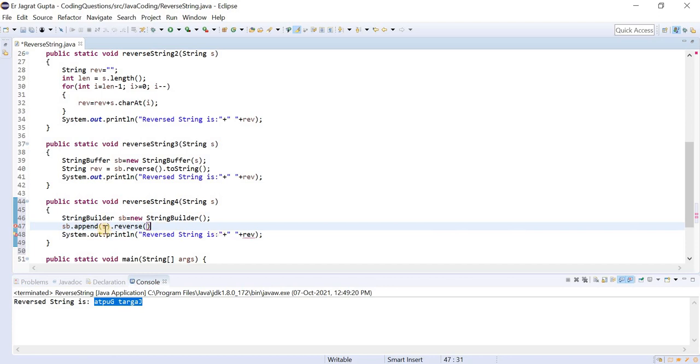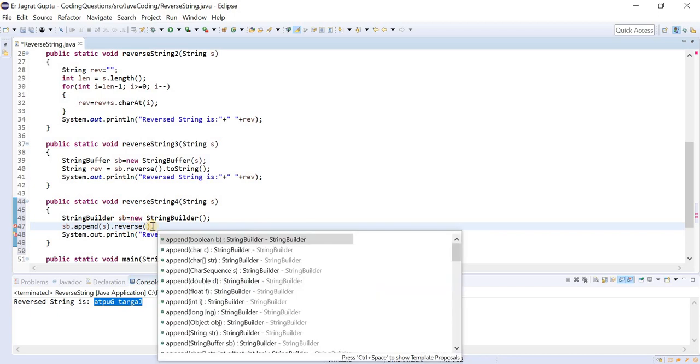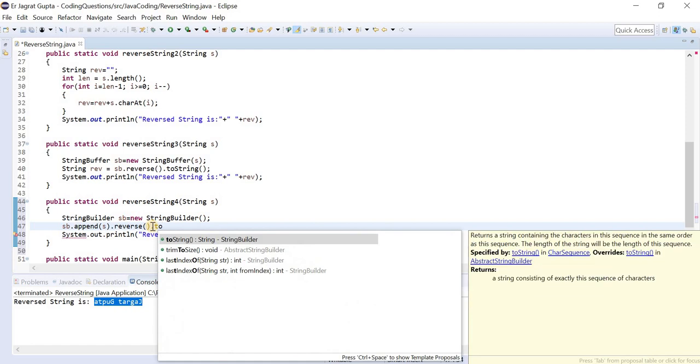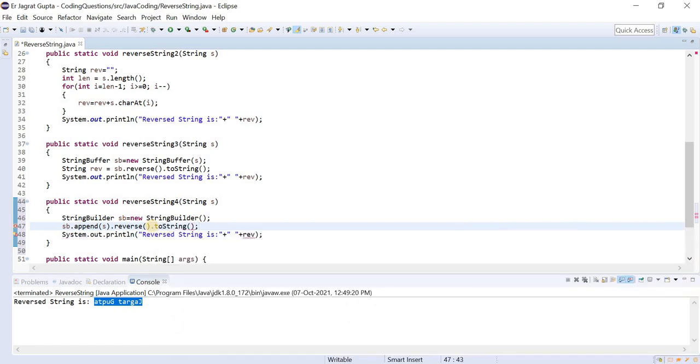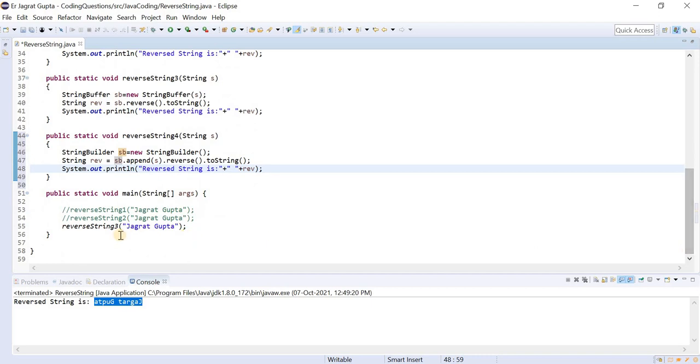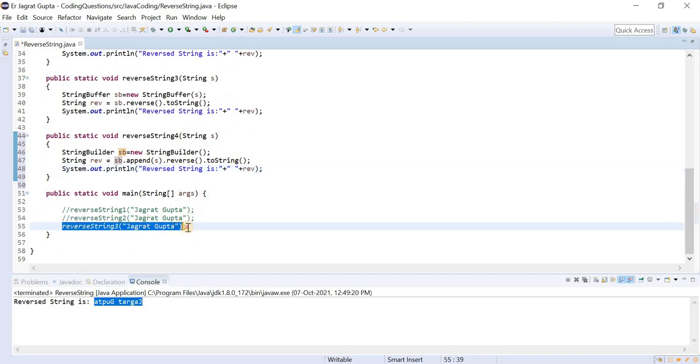As soon as the input string is appended into the string builder, we can use reverse. Now if you want to convert it into a string, you can do that and store it in a variable, let us suppose rev.